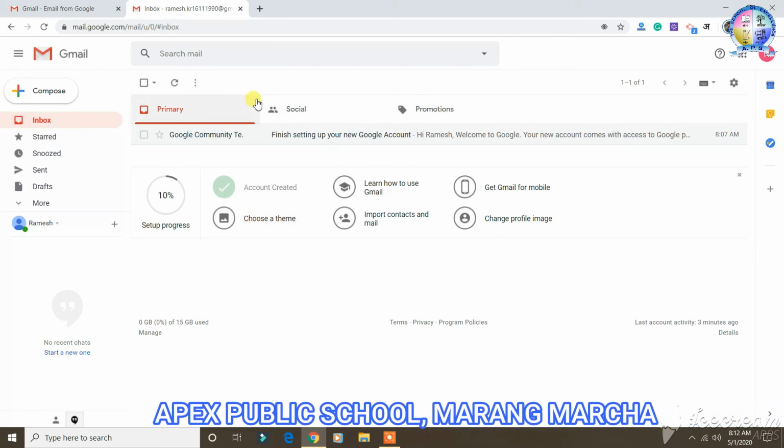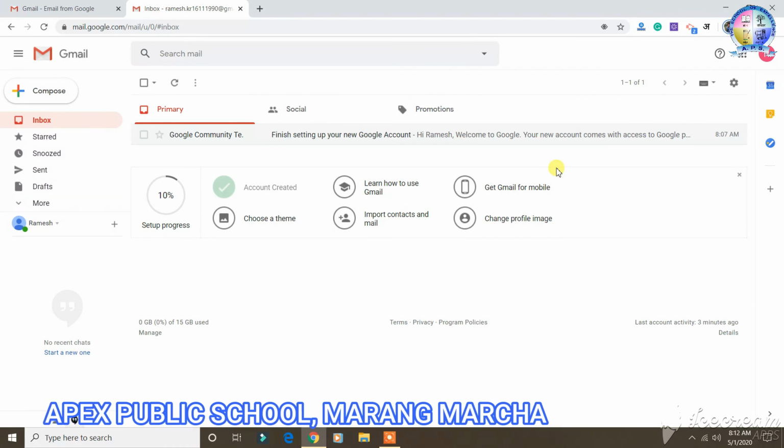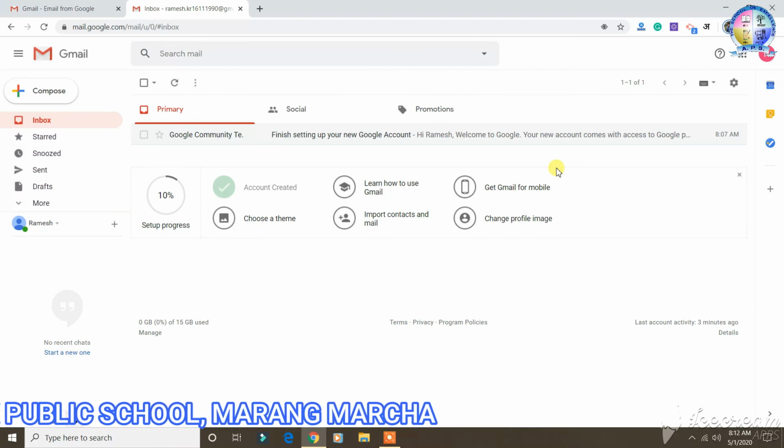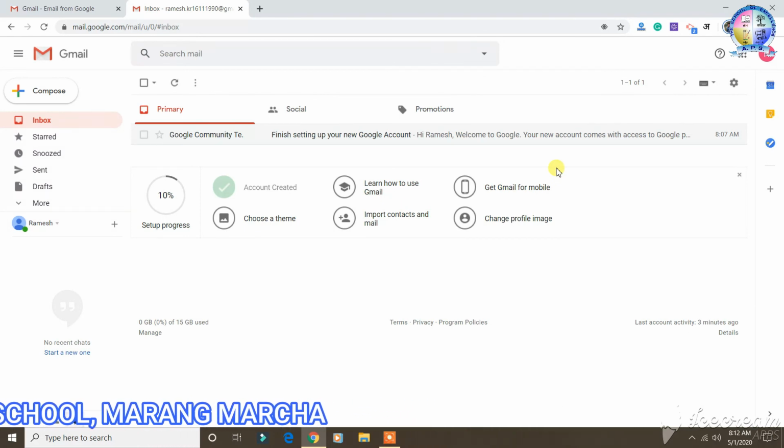So this is the basic way of creating a Gmail ID, as well as how to sign in to the Gmail account. I hope you have got these two ideas. In upcoming videos we will see how we can compose a mail and how we can send a mail to different IDs. This is all about this video.